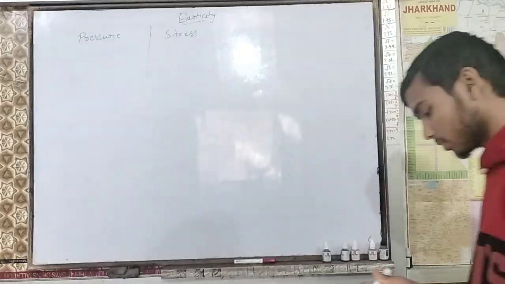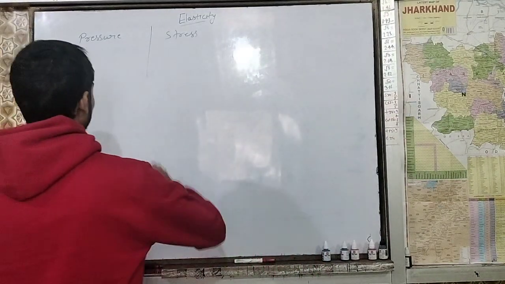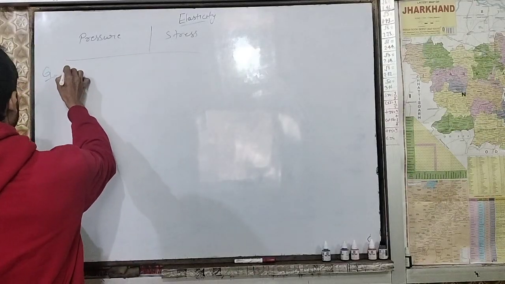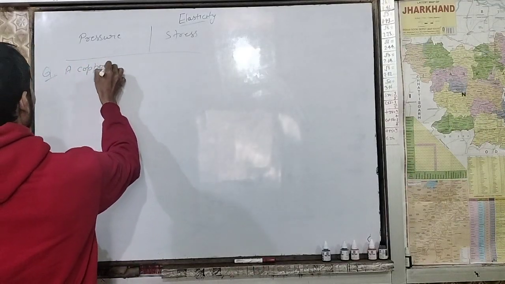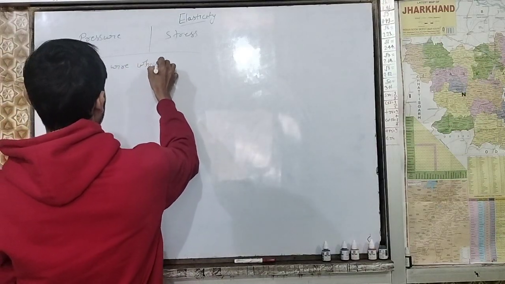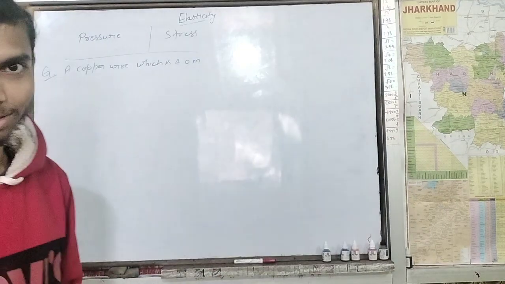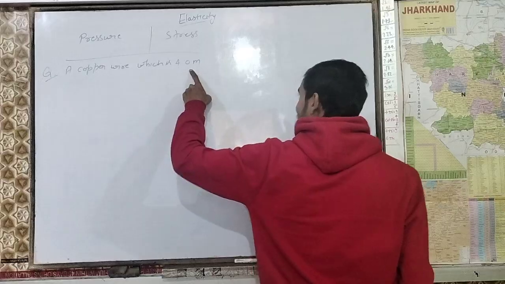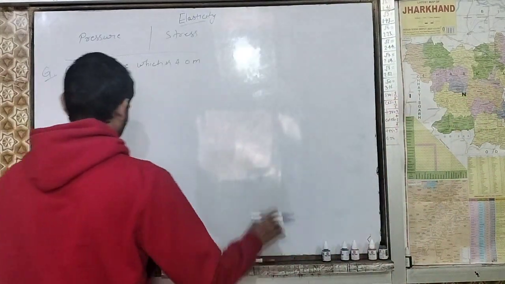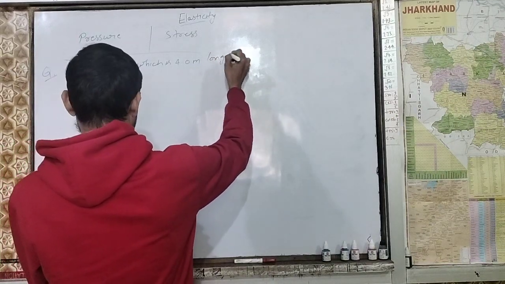Let's take one more question. After this question, we will move towards the topic. So the question I have is about a copper wire which is 4.0 meter. Don't take this as 40 meter. It is 4.0 meter. I hope you will not make a mistake over here. So 4.0 m long and